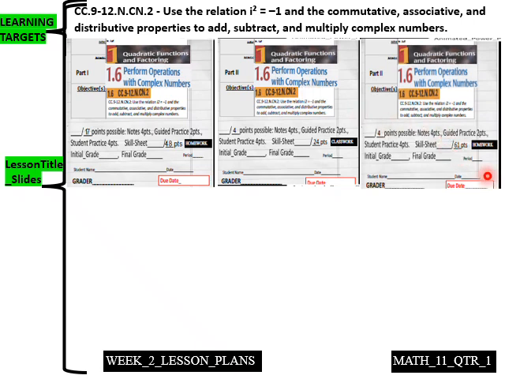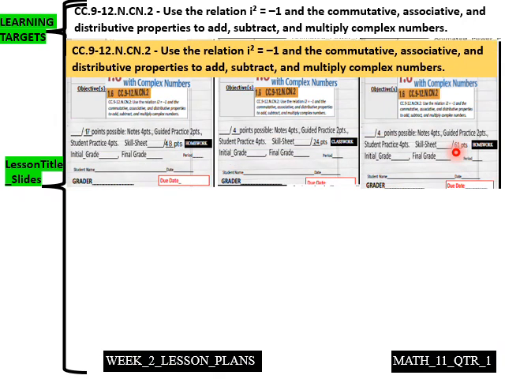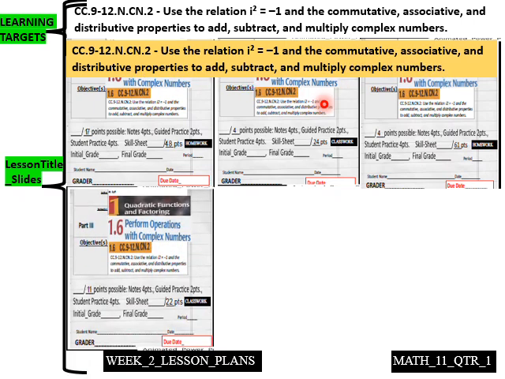And then our part 2 homework is 61 points of homework. And this predominant standard here is N.CN.2. Use the relation i squared equals -1 and the commutative, associative, and distributive properties to add, subtract, and multiply complex